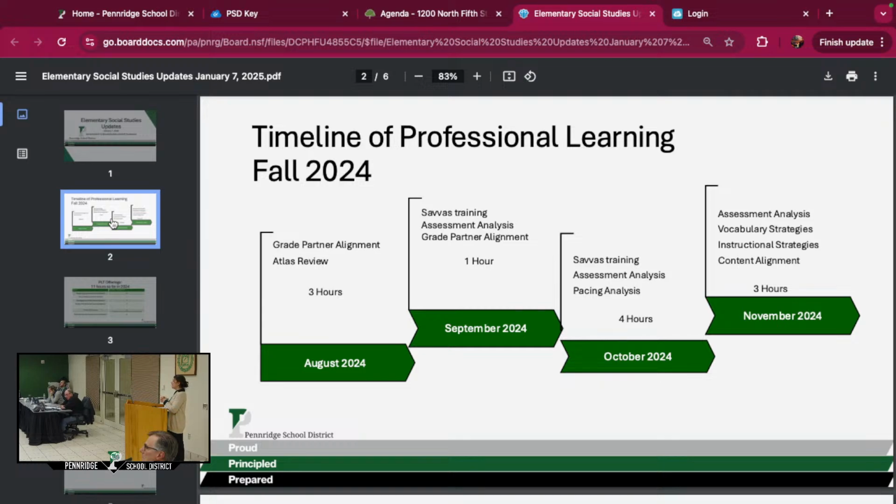So in that 1 hour, we were able to get a Savvis training from the trainers at Savvis. That's the parent company of the publisher. And then we did assessment analysis. So we looked at those assessments. And we worked backwards from there, looked at where in the resource the questions from those